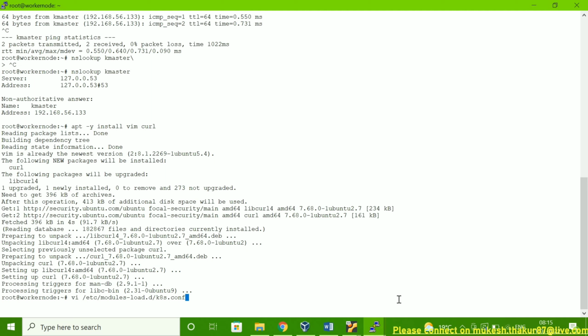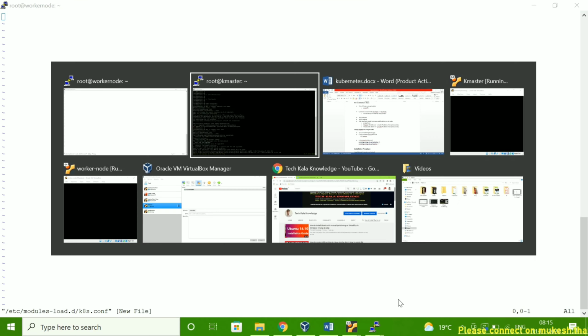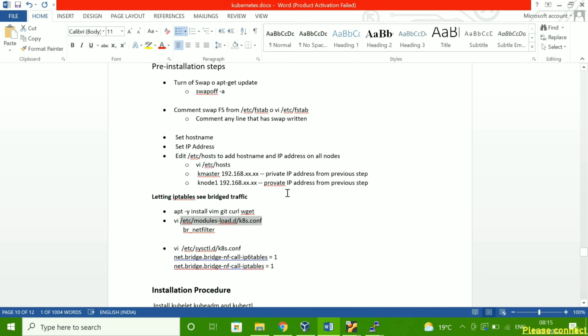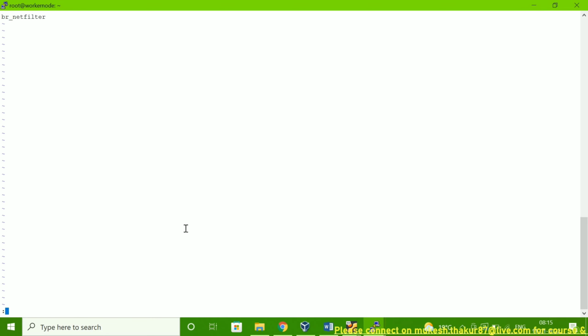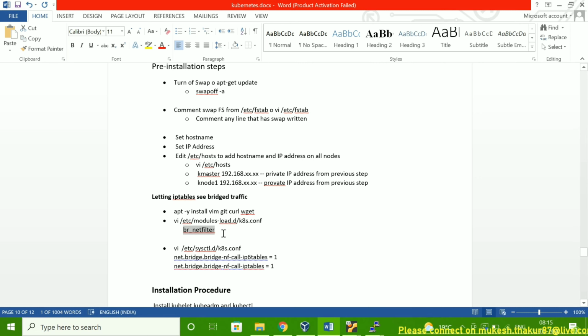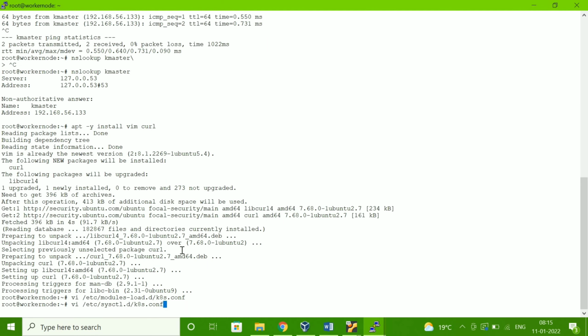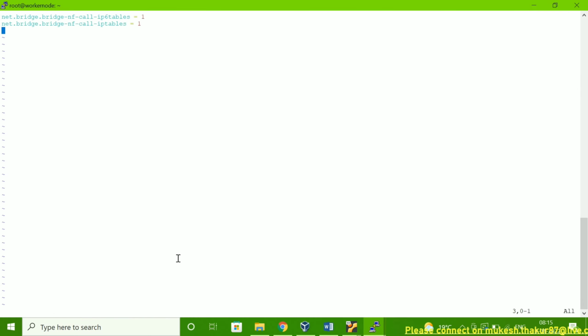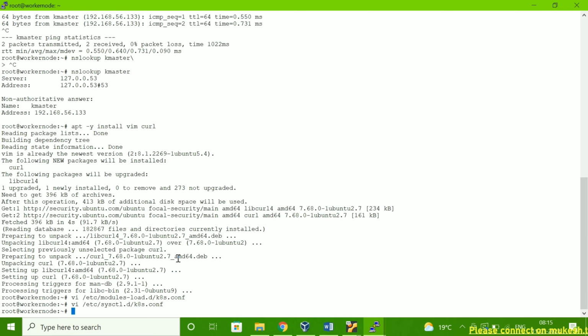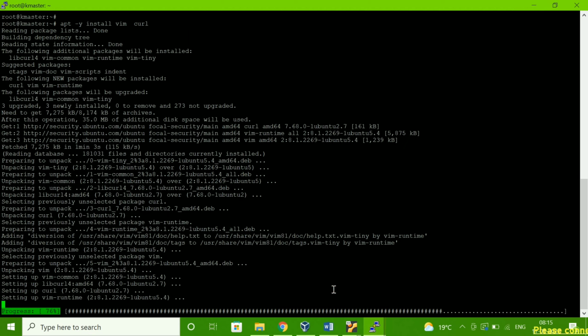So you have to create this file, then add this parameter inside the file, and then save it. Then again you have to create this other file, add these parameters, and then save it. Same thing you have to do here also.